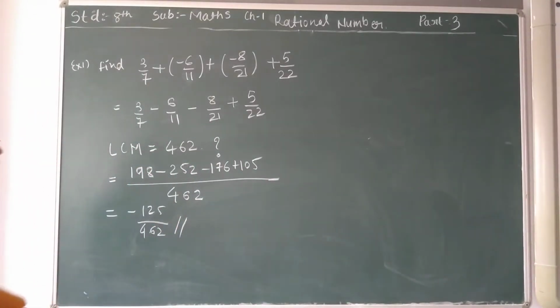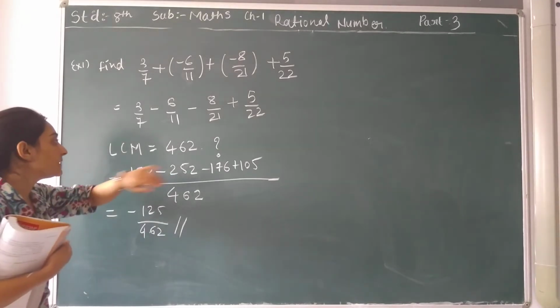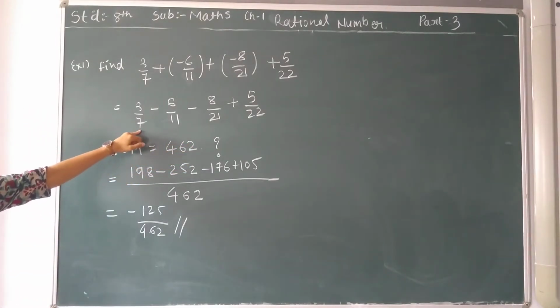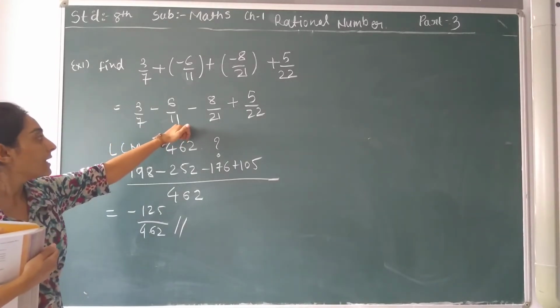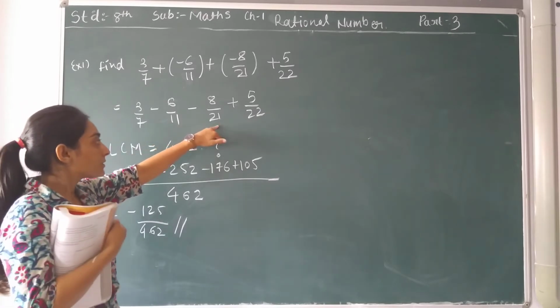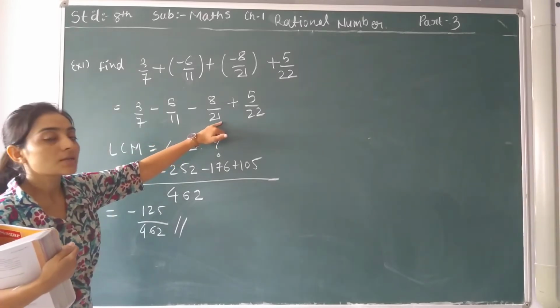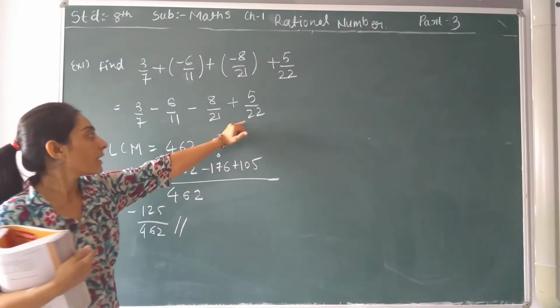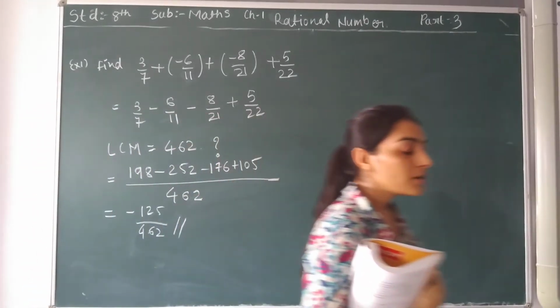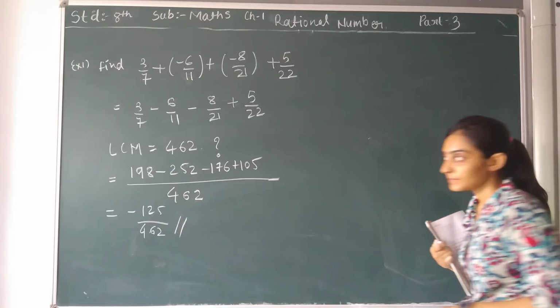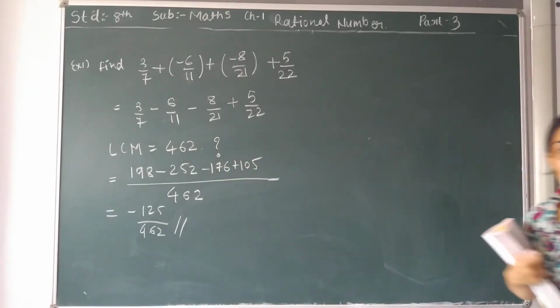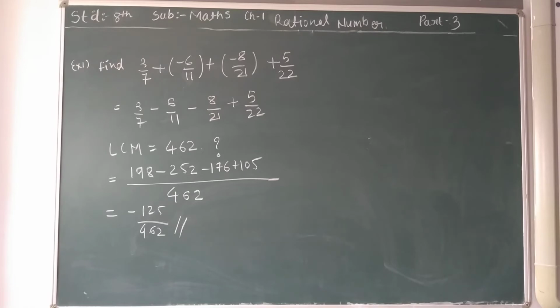See, simply you know how to take the LCM. LCM, it means, see, the multiple of 7 is 7 only. Here the multiple of 11 is 11 and 1. Here is 21, so 7 3s are 21. Okay, now 22, so 11 2s are 22. Okay, now just combine all these things and find the LCM. Okay, I am taking the LCM. Done? Okay. So the next example,